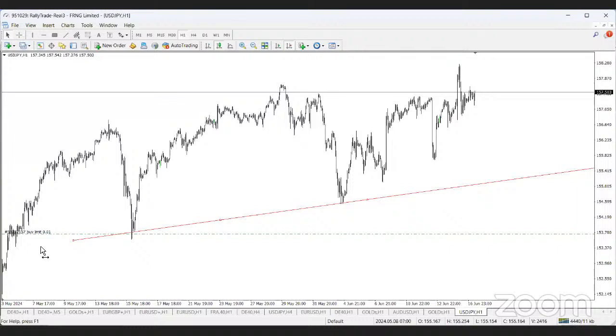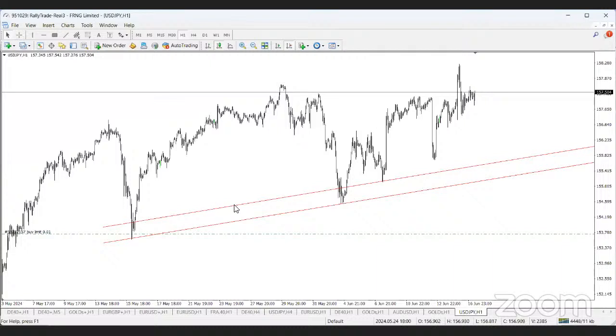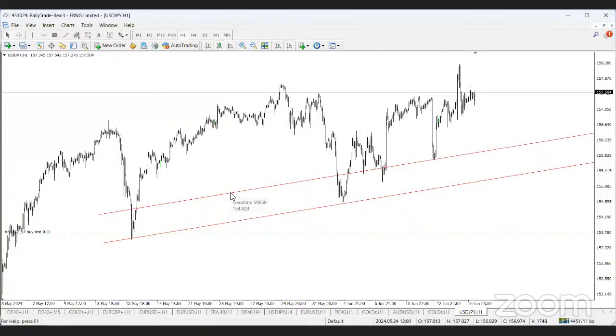So if I come around and connect these two lows, like so, that gives me a bigger perspective, right? But then I can shift it inside, parallel, like so. So that's another perspective. What I'm trying to show you is that if the price comes back to any of these lines, if the price comes lower and touches any of them, then by all means you can place a buy. I'll be interested in buying when the price comes within this region. Can you see it? In this region.